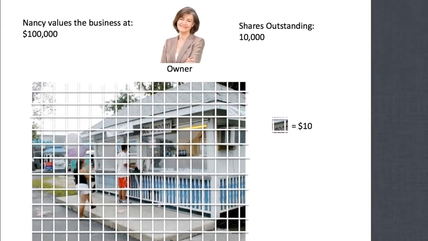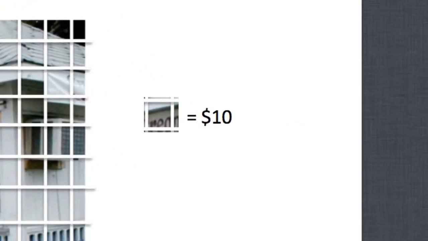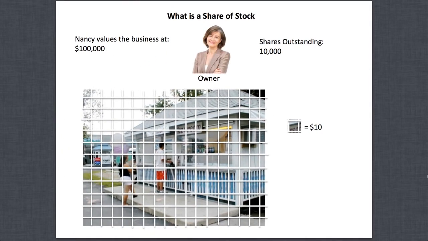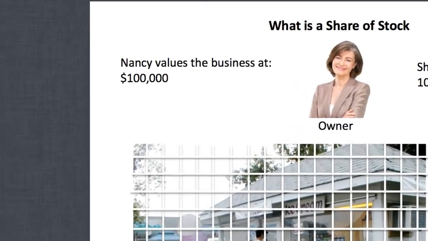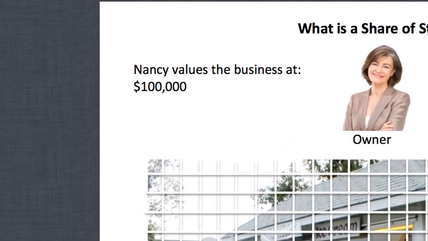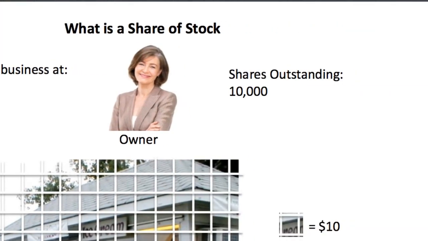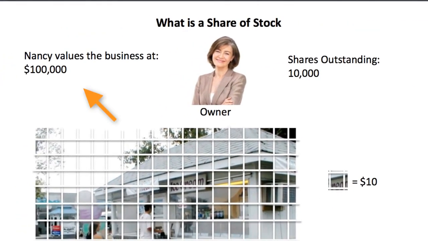And one piece of that business, the little square there, equals $10. The way I came up with that market price is we simply took the $100,000. She decided to split the business up into 10,000 shares, and therefore, 100,000 divided by 10,000,